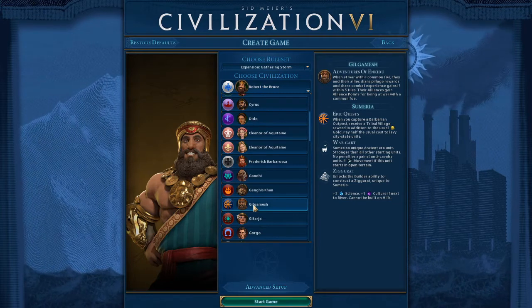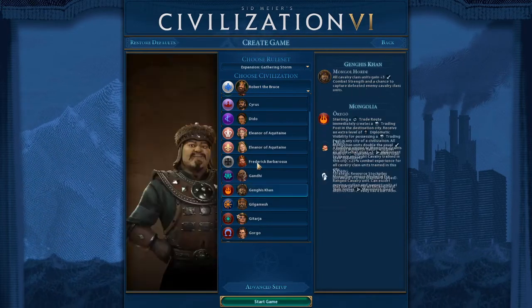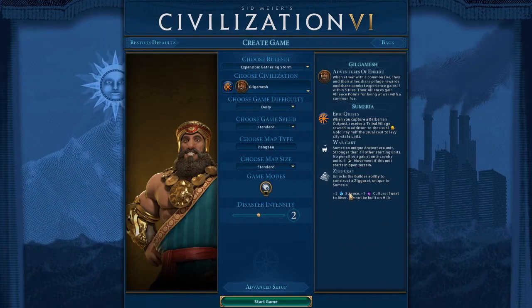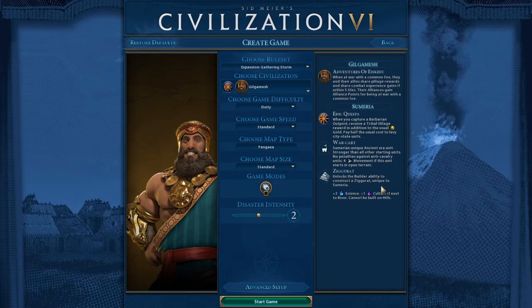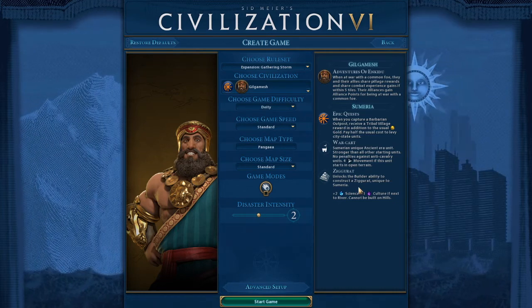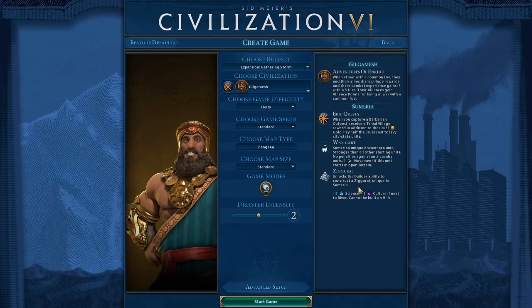Gilgamesh is okay for science. Many think he's amazing, but I'd argue it's just okay, because his only benefit for science is the ziggurat, a tile improvement. It can't go on hills, and that's a problem because hills give the production, and I just said you need science and production, and that can be a little bit tricky with the land, because sometimes you have a lot of land for ziggurats but not enough hills for production, and sometimes you have a lot of hills for production but